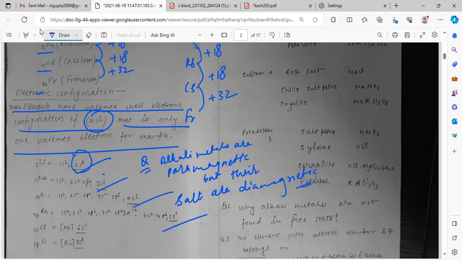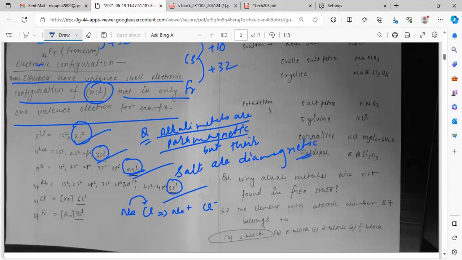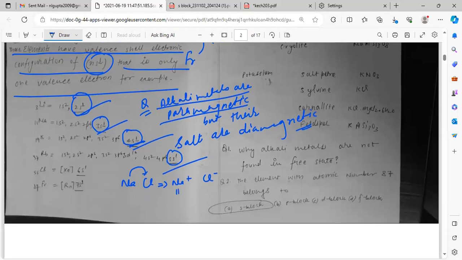They are having one free electron, so they show conductivity. Yes, correct. They have free electrons, so the alkali metals are paramagnetic. When they form the salt NaCl, one electron is gone from here, so it forms Na+ and Cl-. Okay, so for Na+, what is the configuration? 3s2 and 3p,